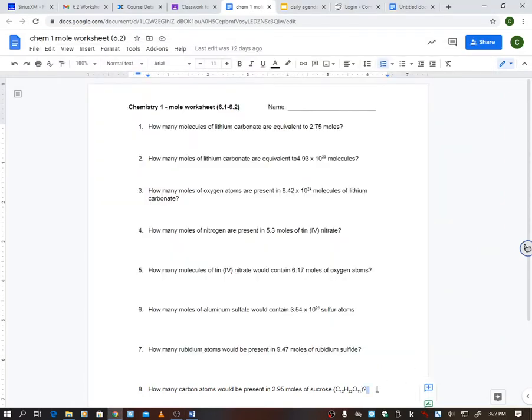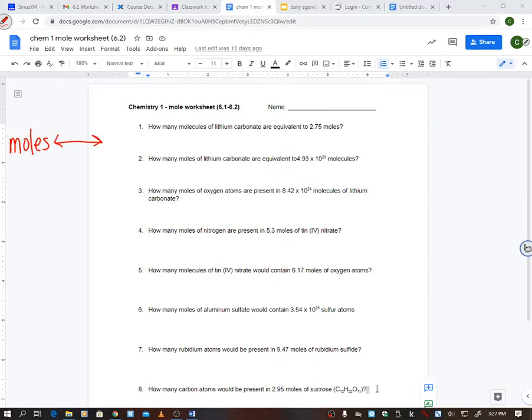All right. I wanted to make sure that you were understanding how to do this. It is pretty similar. Yeah, it's pretty similar to the 61 and 62, except in 61, we dealt with some AMUs. This is all just going back and forth from moles